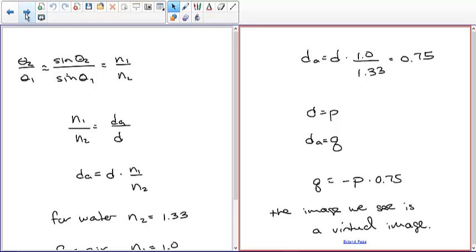Just like when you use a magnifying glass and you look at something behind it, you're not looking at the object, you're actually looking at the virtual image of that object, which is still behind the lens, but in that case it's usually magnified. Here, I didn't actually mention whether it was magnified. I think it actually looks the same size because it's closer, but it's smaller, so I think we perceive it being the right size. It's just the depth, how far behind the surface that image is,